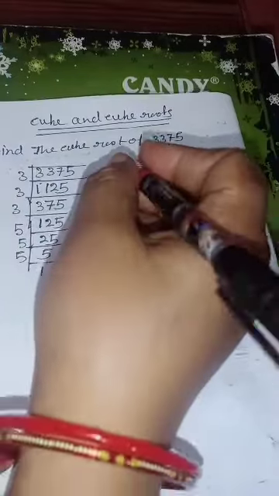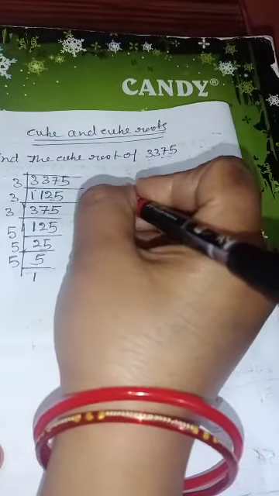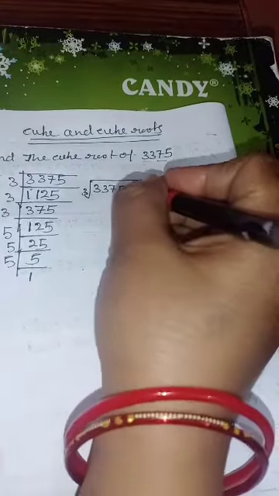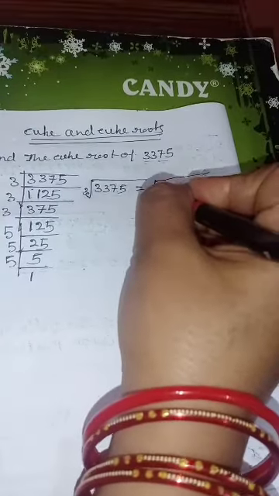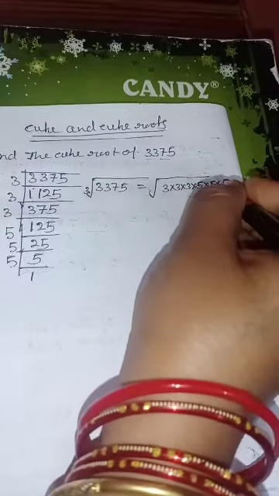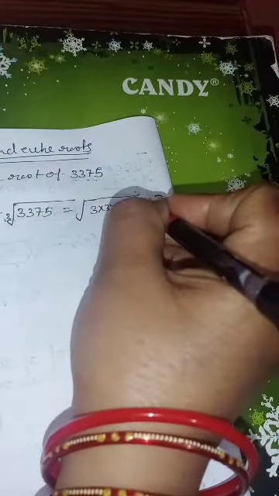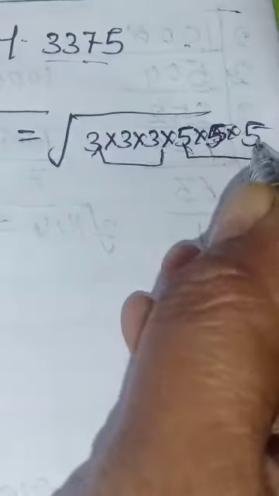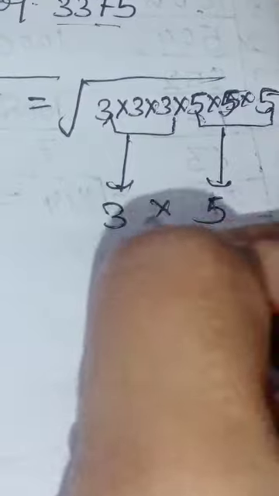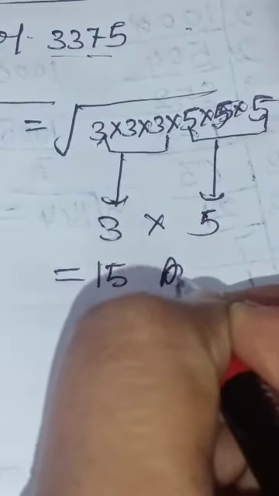Now we would like to find the cube root of the given number. So 3375, here cube root sign, here 3 comes in this place. So it will be the product of which numbers beta? 3 into 3 into 3 into 5 into 5 into 5. So here you can see that all the factors are coming in a group of 3. So what you will do? Make a group of 3, always it should be, and out of these 3 you will take out one for finding the cube root. So its cube root will be 3 times 5, which is 15, and this will be your answer.